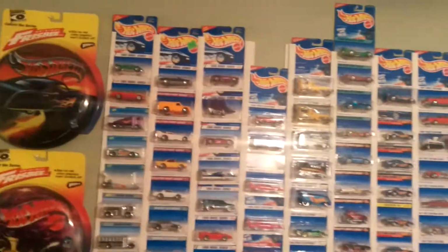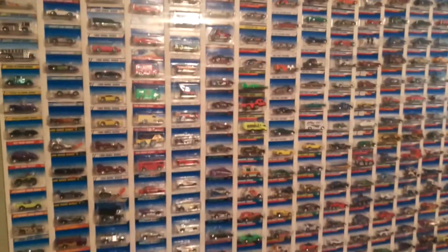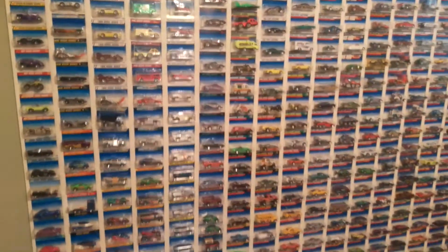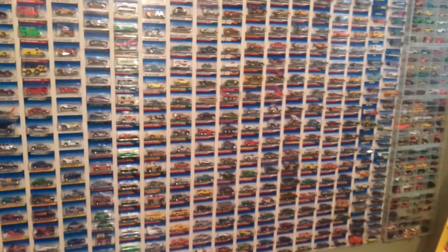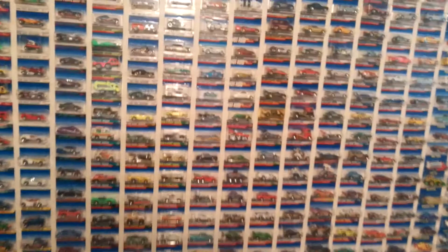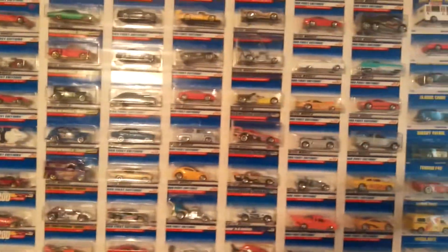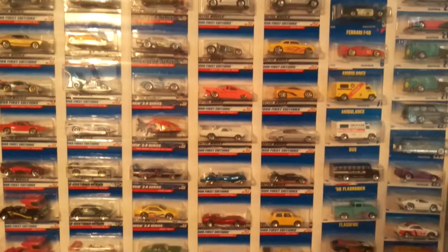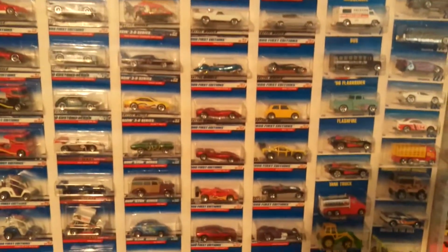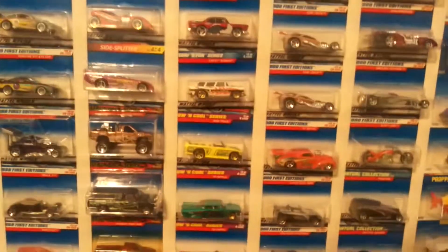So this wall contains all of the first editions and series cars from 1995. They continue down the wall until the 2000 first edition. So the first 5 years of the first editions